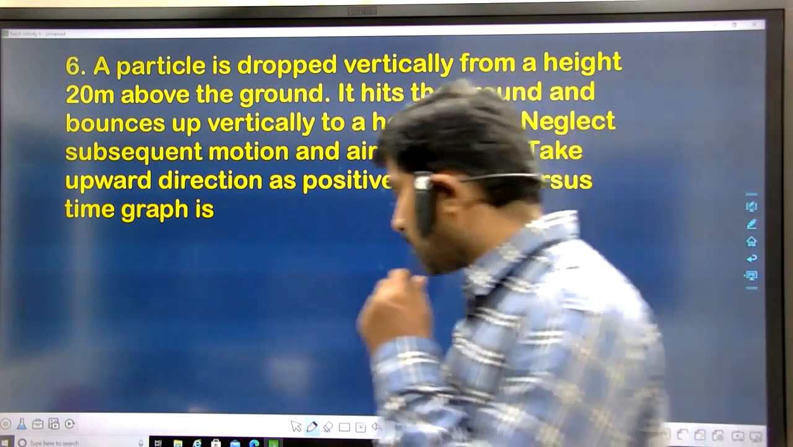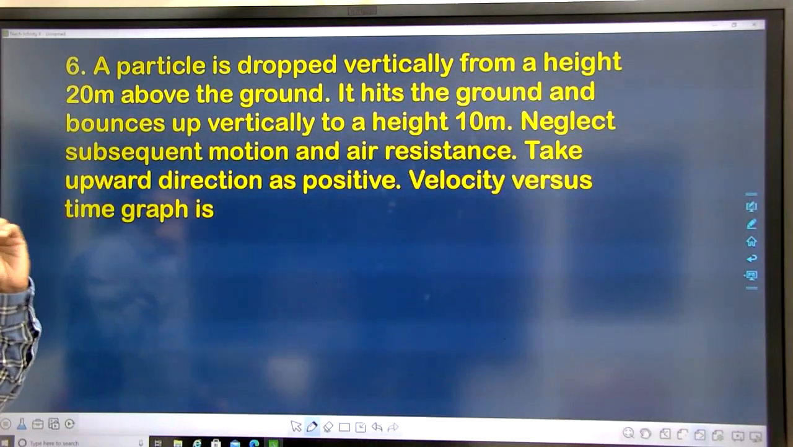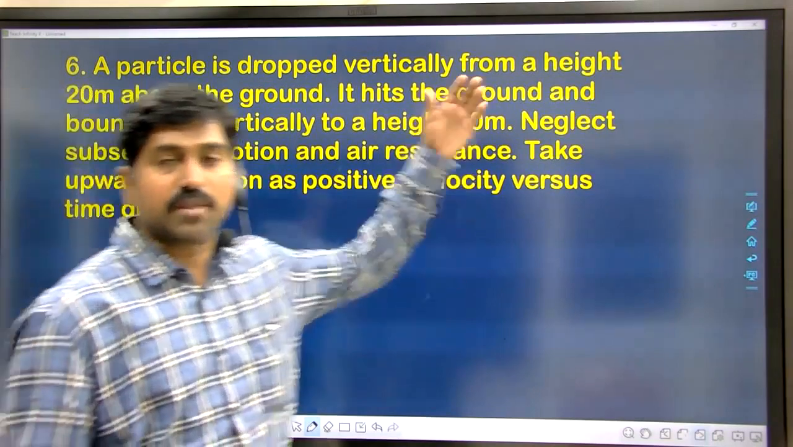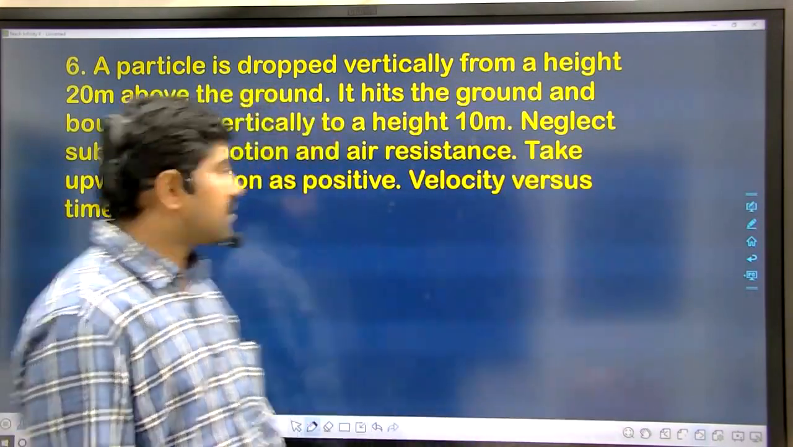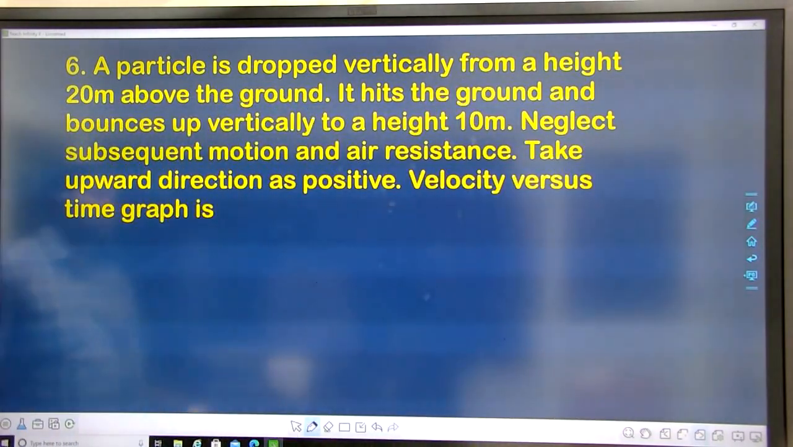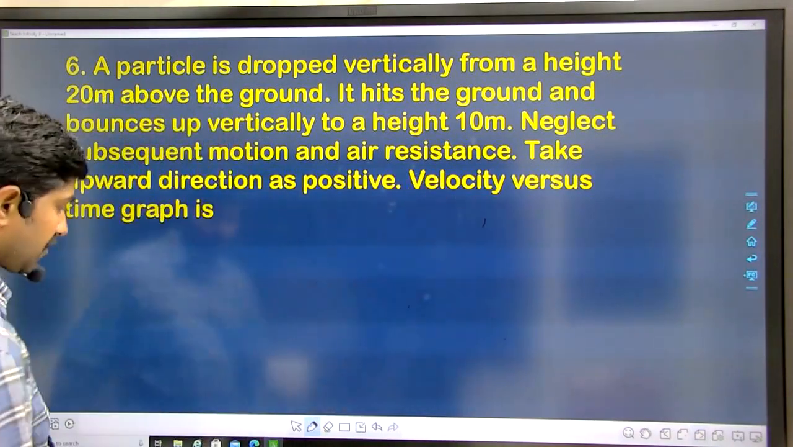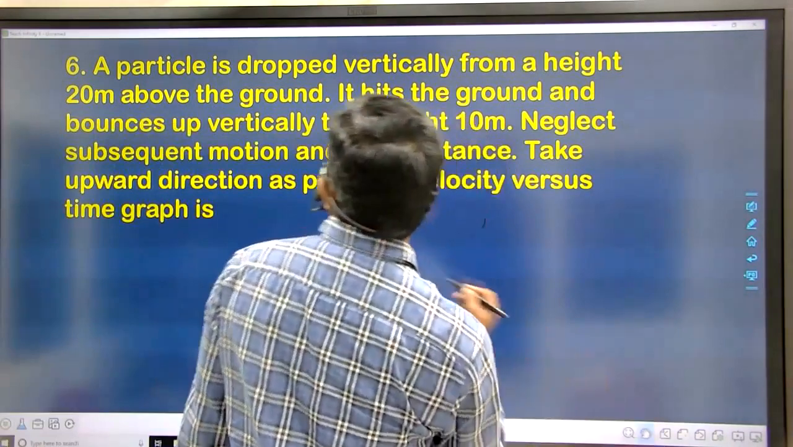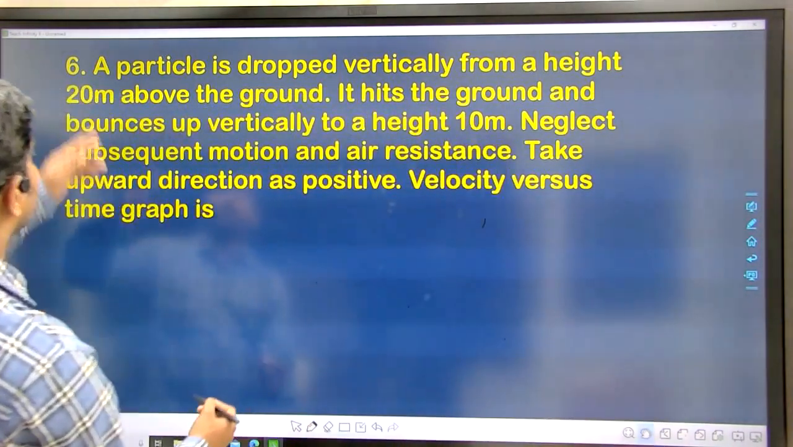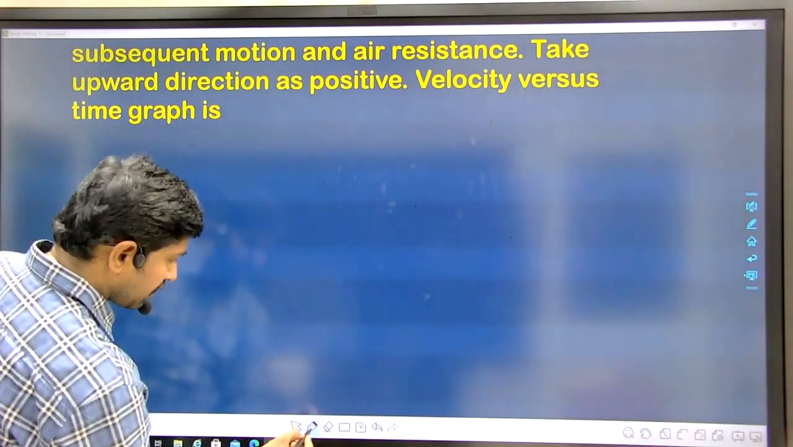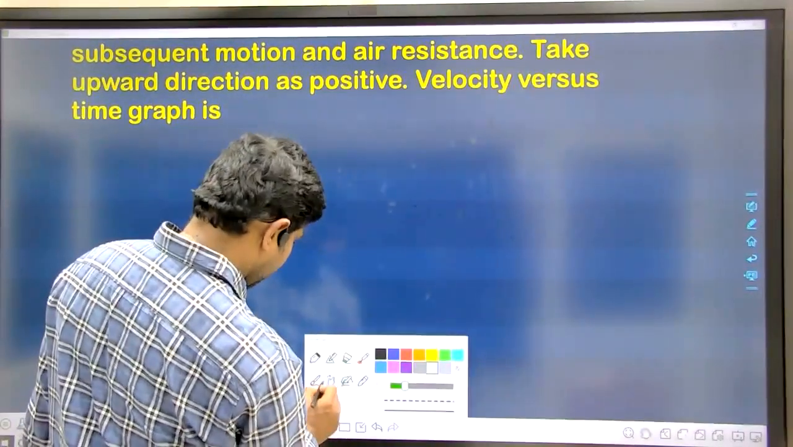See, it is a very important model question. From the information given, the height was given, and after rebouncing the height was given, and based on that, you have to draw a graph between velocity versus time. Now, what is initial? Initially it is dropping from 20 meters height only, na? So first of all, I will indicate